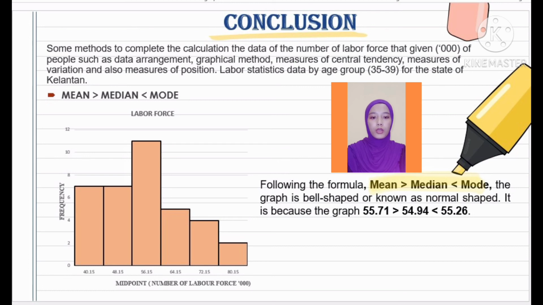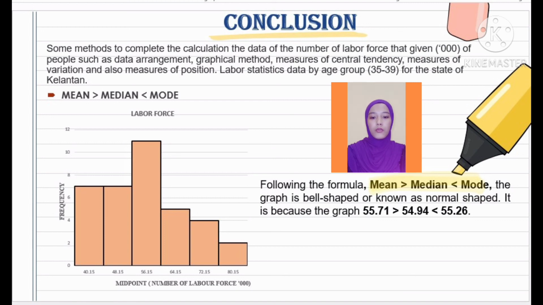Next, our group also used the relative frequency distribution and the cumulative frequency distribution to organize data. For the graphical method, we use two types of graphics: frequency polygon and bar chart. Then, we use the central tendency measure to calculate the mean, median, and the mode, in which